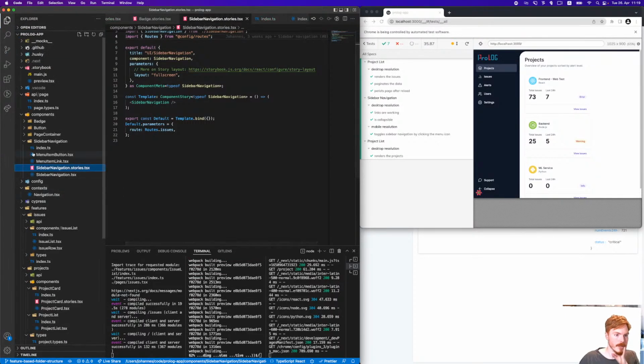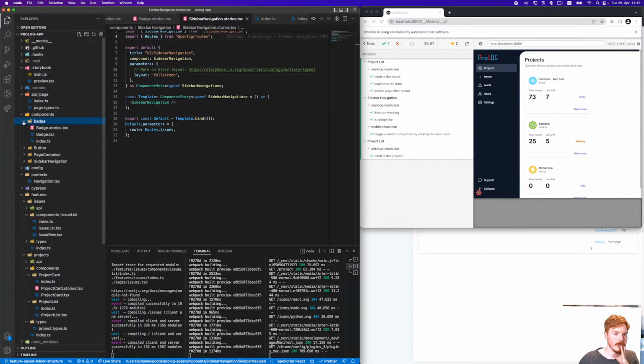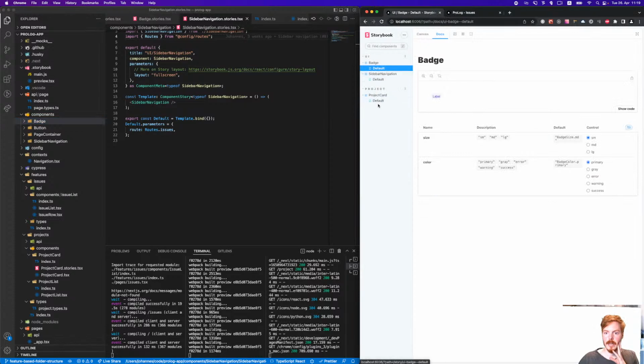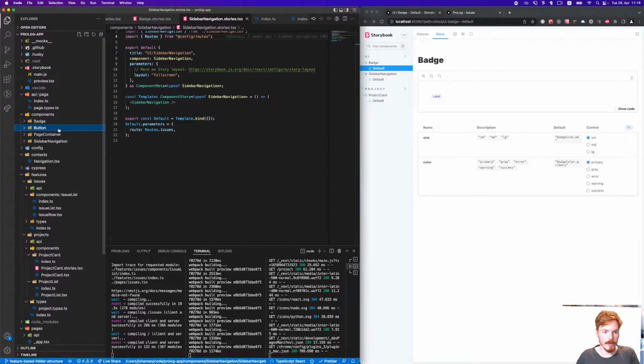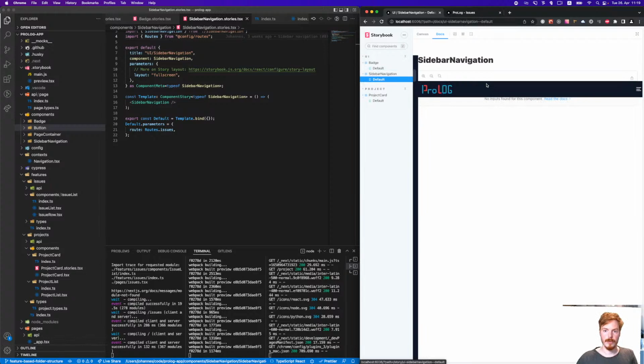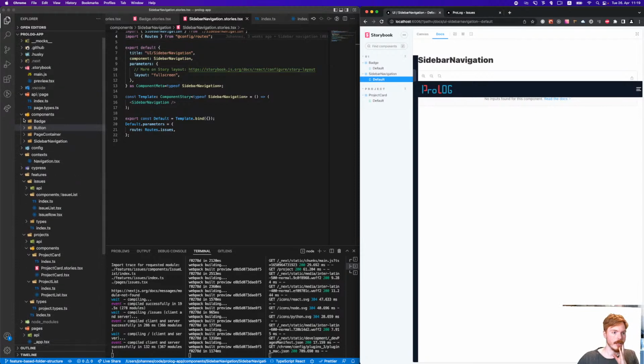Now let's check what we still have here in the components folder. We basically have two simple UI components. You can see them here. It's actually only the badge. We don't have a story for the button yet, but this is also a simple UI component. And then we have two more complex components. One is the sidebar navigation. This is kind of a layout. So we could leave them in the